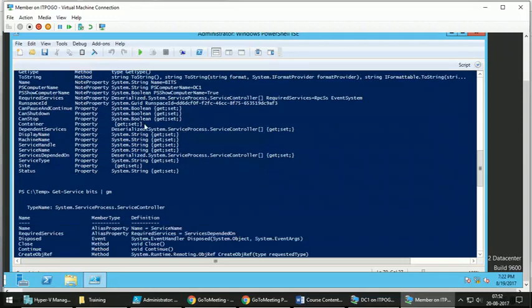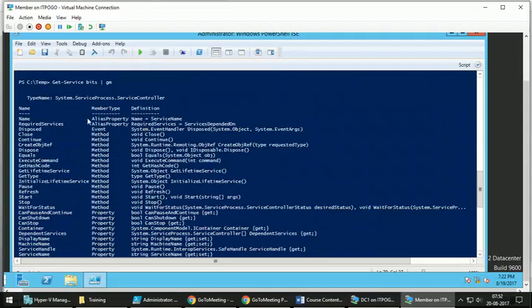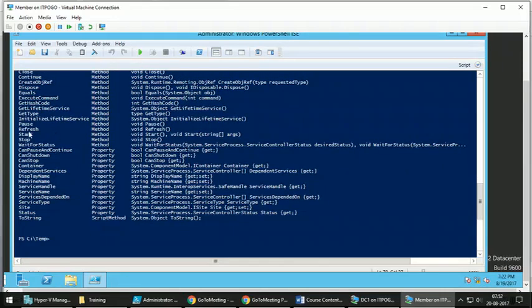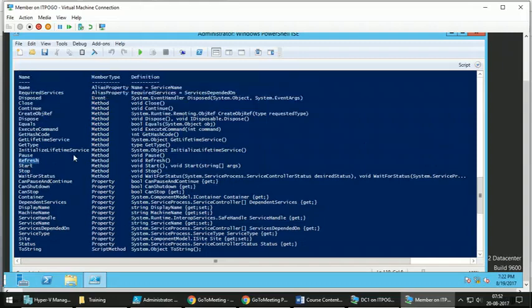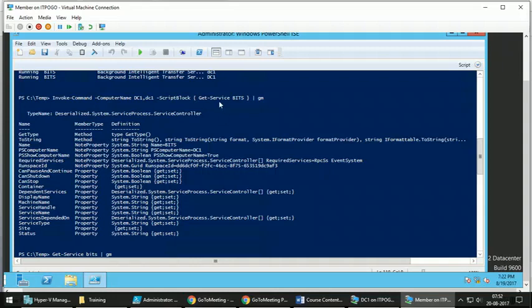The examples are, if we take a look at the local instance of similar object, there are methods like starting the service, stopping the service, refreshing the service. These operations cannot be performed on the remote machine based on the results that we got, because after getting the results back to the local machine, the connection is closed.